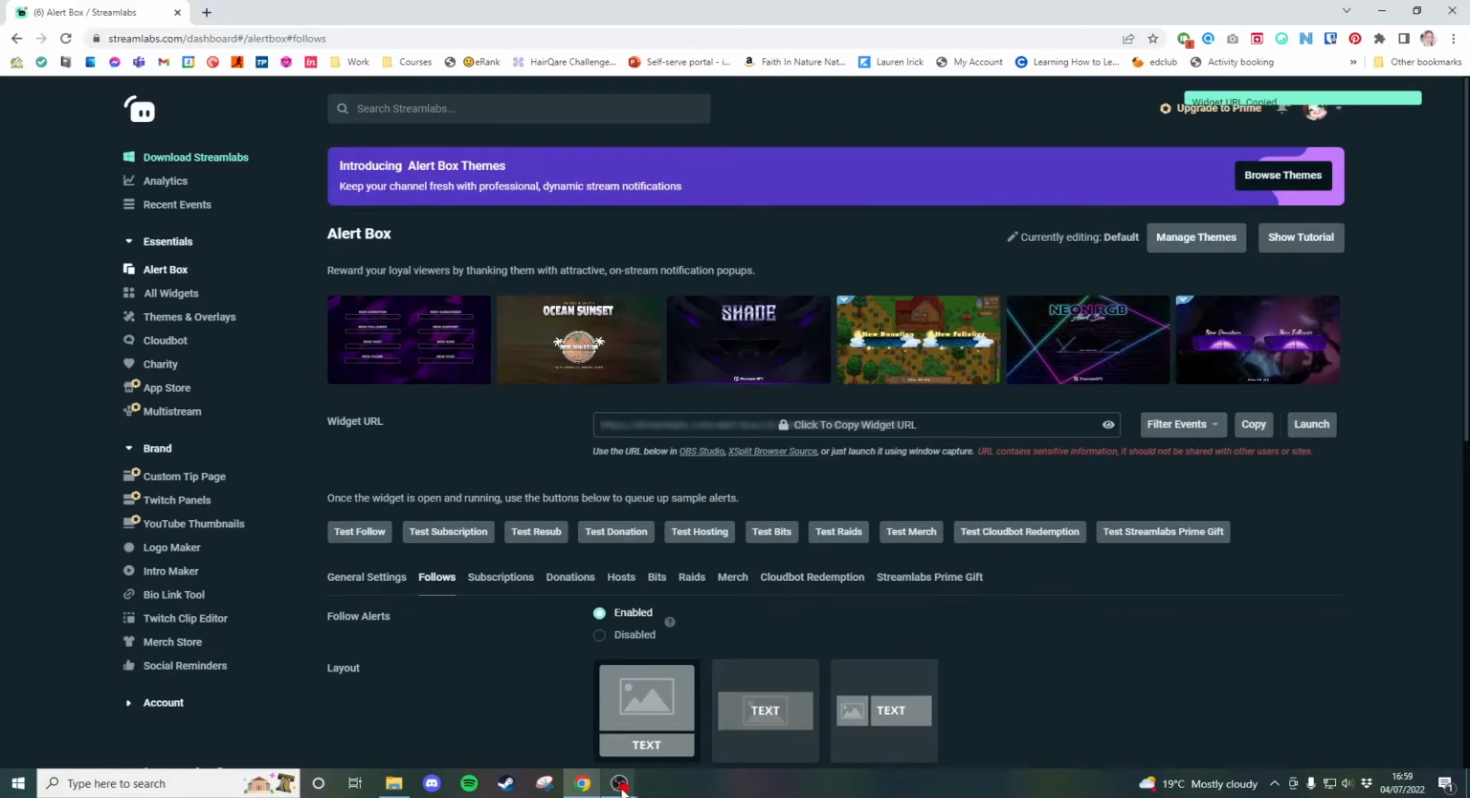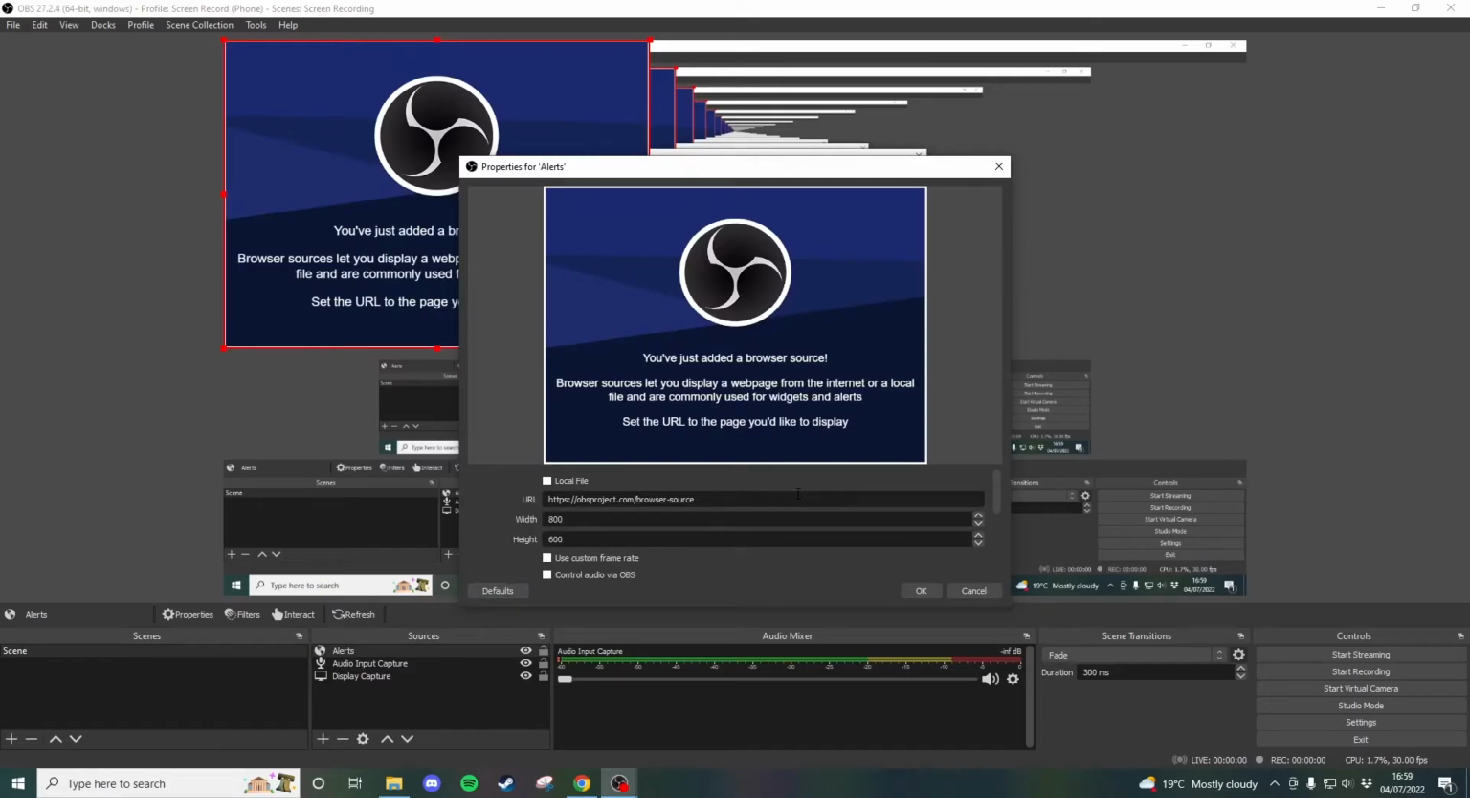Now go back into our OBS and then click on the plus source down here. You then want to, from this list, select browser and then call it whatever you want. Actually, we'll call it alerts because it just makes sense to name things correctly. Click on OK, and then you have this little screen pop up here. Replace this URL here with the URL you just copied, so select it all, right click and then choose paste,